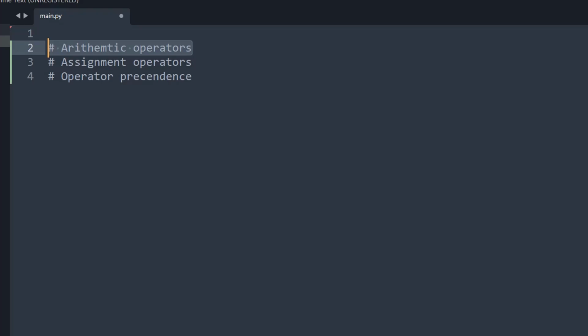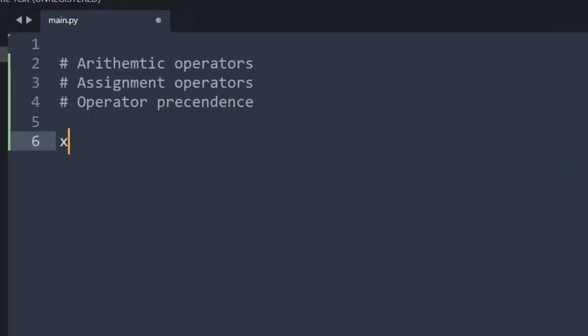So if you want to write some notes, you wrote some logic and you may forget what exactly you have written there, right? So you can write a comment for future reference, starting with hash, and whatever you write after hash will not be considered while running the program. Okay, what are the arithmetic operators?